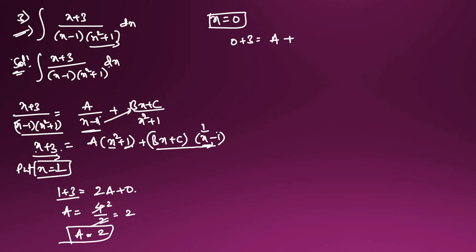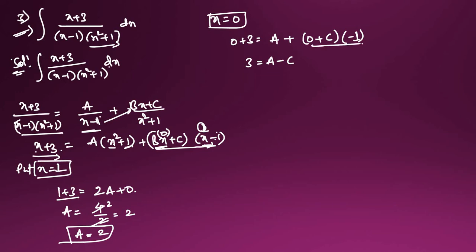After that in this if we substitute 0, so bx, in this place b substituting 0, it will become 0, so 0 plus c into minus 1 will come here. So if we substitute 0, it will become minus 1. 3 is equal to a, so minus c will come here after doing this.